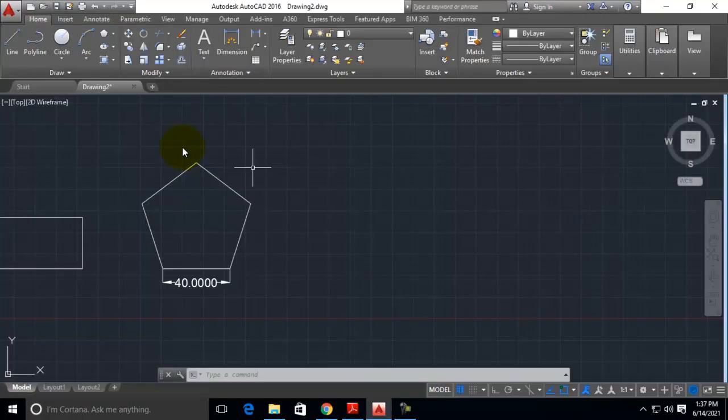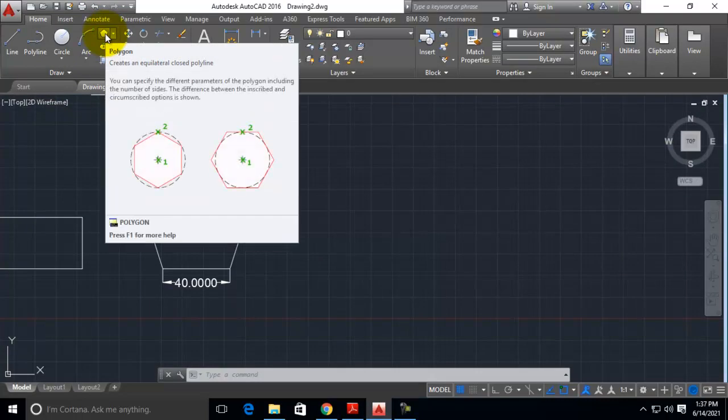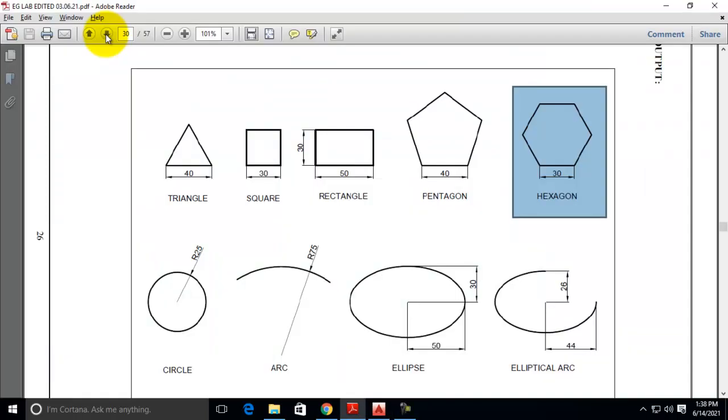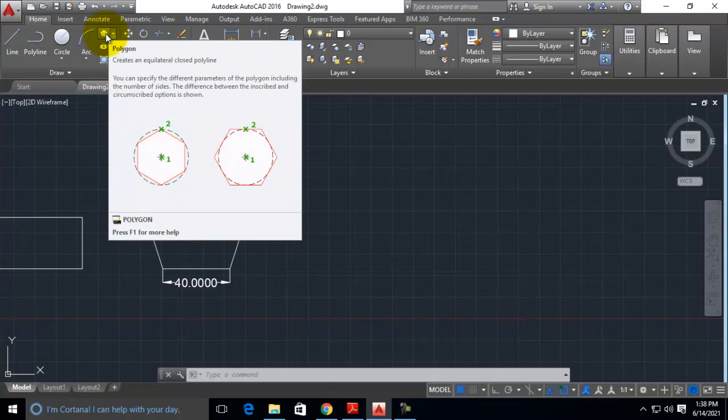Now let us draw the hexagon. For drawing a hexagon we can directly use the polygon command, because it is possible for us to draw the hexagon by mentioning the exact length as the radius. It will ask for the radius of the circle in which you are placing the hexagon. For this we can give 30 as the radius of the circle which is contacting the corner points. Okay.